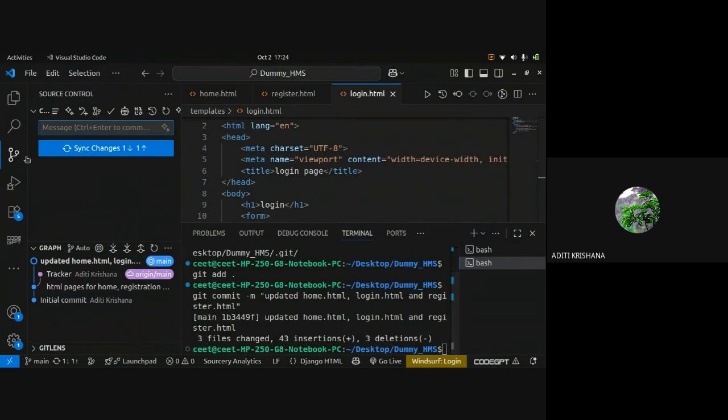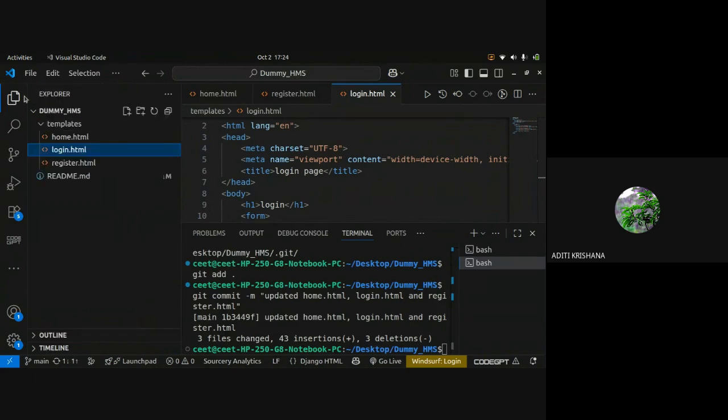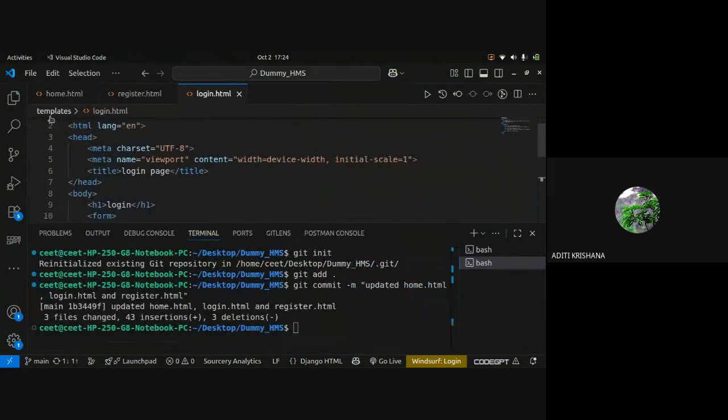So it is not showing any changes, but later on if I do any change in my file or folder, in this source control it will be showing how many files or how many changes have been done. Then you can commit one by one for each file. I will show you that, but that is the complicated one. Always start with the easy and basic one. Then only you can go to the advanced one, right?